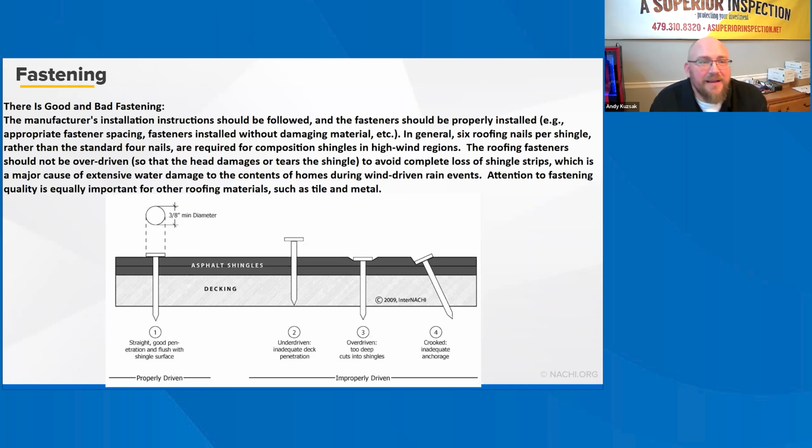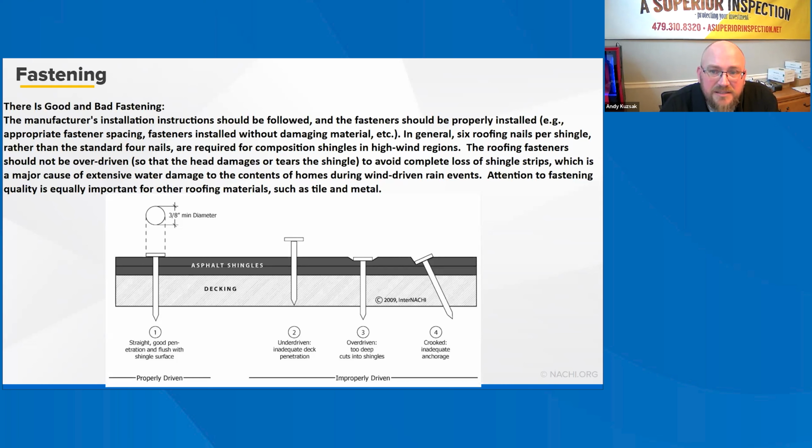There is good and bad fastening. The manufacturer's installation instructions should be followed and the fasteners should be properly installed. Appropriate fastener spacing, fasteners installed without damaging material, etc. In general, 6 roofing nails per shingle rather than the standard 4 nails are required for composition shingles in high wind regions. The roofing fasteners should not be overdriven so that the head damages or tears the shingle